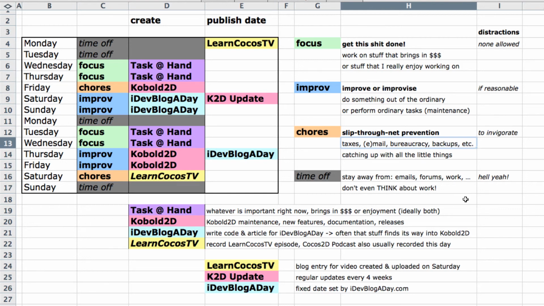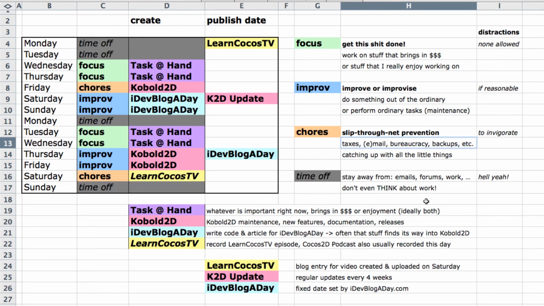The whole bureaucratic stuff, doing backups, whatnot. There are so many things that need to be done, which are little things, but they can really distract you during the day. So I try to reserve just one day for those distractions and getting them done at that time. I don't have to worry about things slipping through the net, and